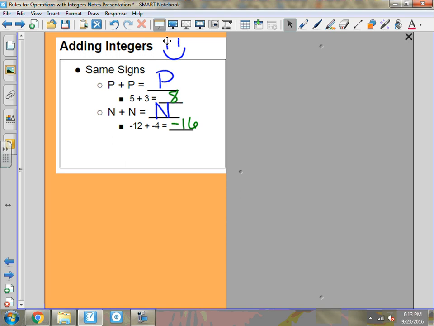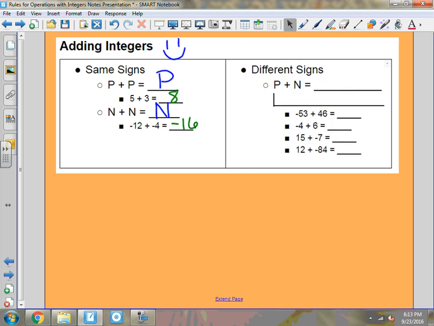Now, when we talk about adding integers and the signs are different, what we have to think about is which numbers have the negative and positive signs next to them. So for example, a positive plus a negative, or a negative plus a positive, and you might want to write that up at the top of your paper. It could be the other way, negative plus positive, is going to be where the sign of the larger absolute value